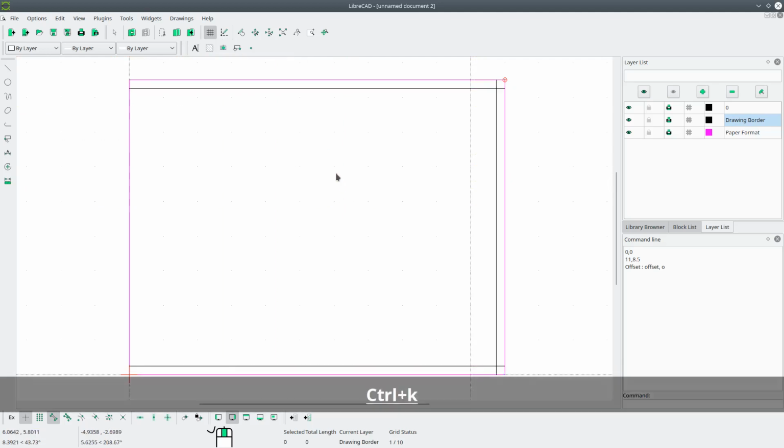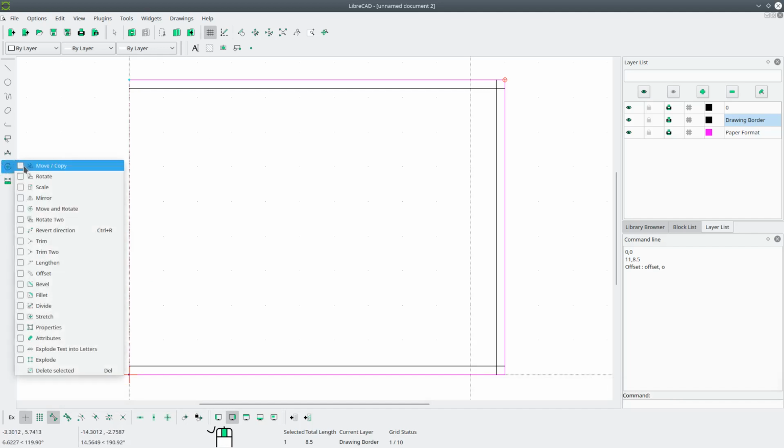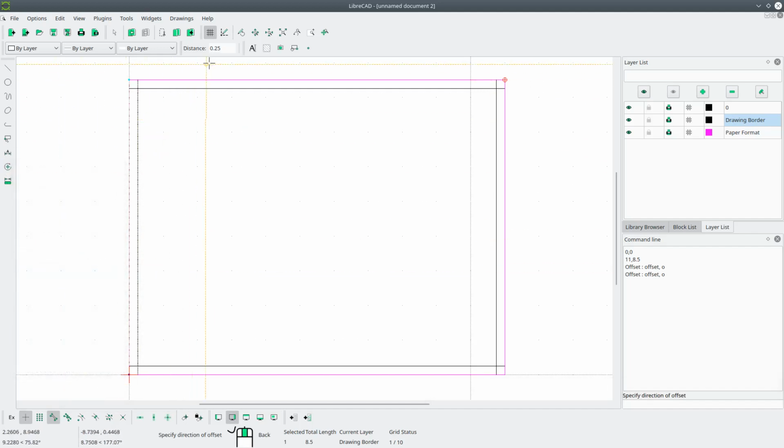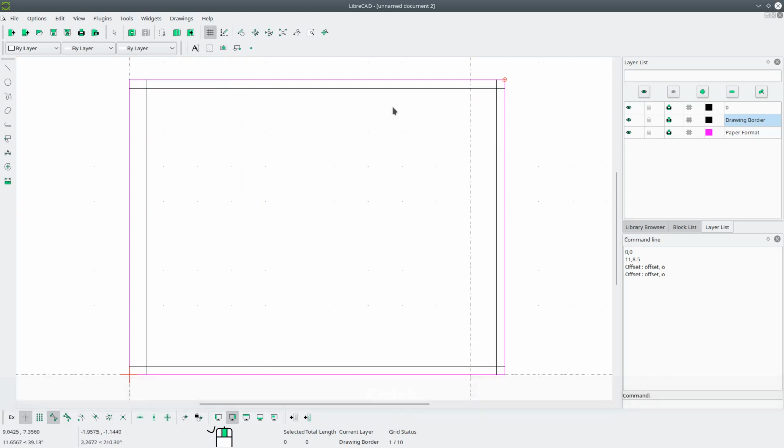And I'll hit Control K to deselect everything. And then on the left side here, I want a margin of 1/2 inch. So I'll go back to Offset, change that to 1/2 inch, and click on this side. Control K to deselect everything. Now let's just trim up these lines. Go to Modify, Trim To. Just select these lines that you want to keep